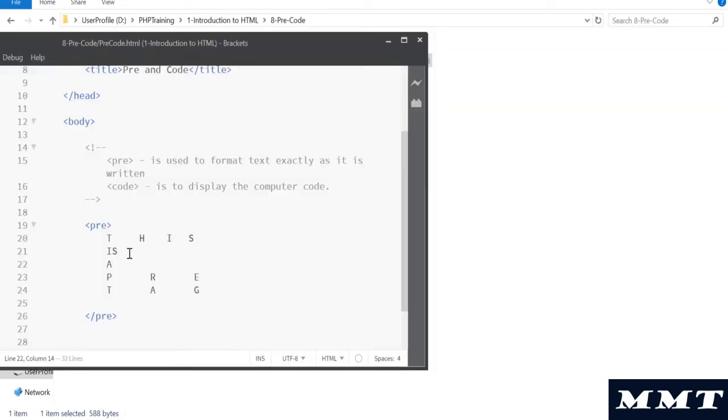Okay, I want the browser to consider my spaces and new lines and print them as they are. Okay, that's what the pre tag does.